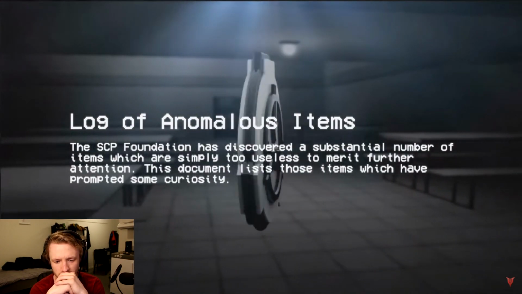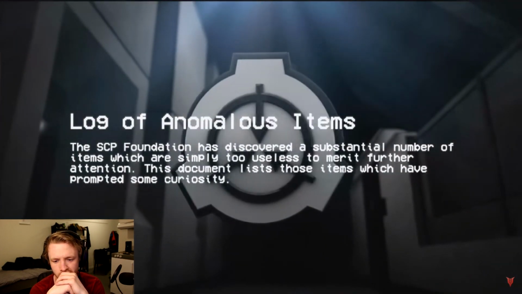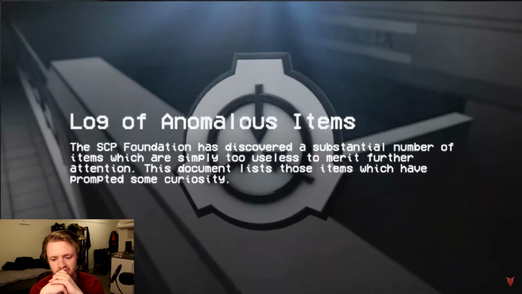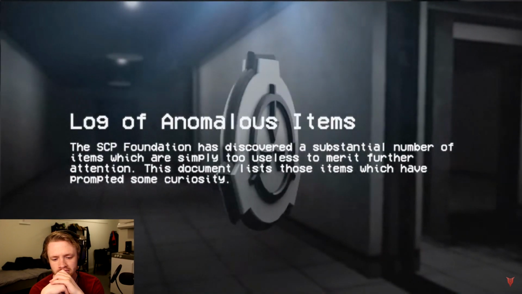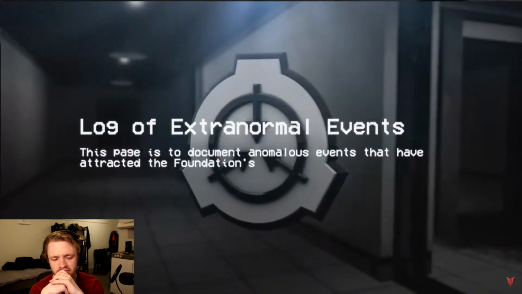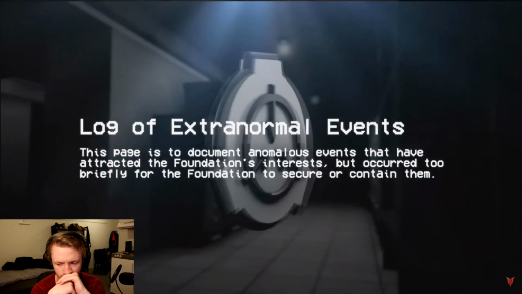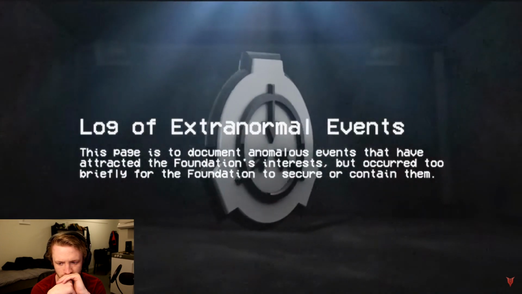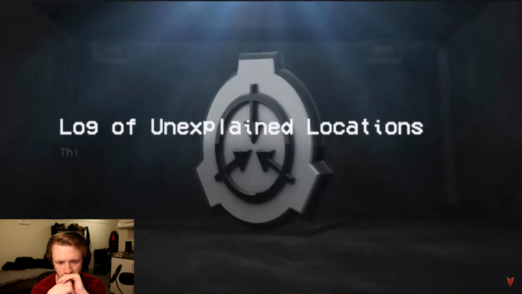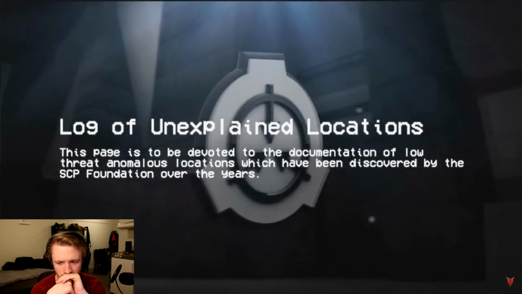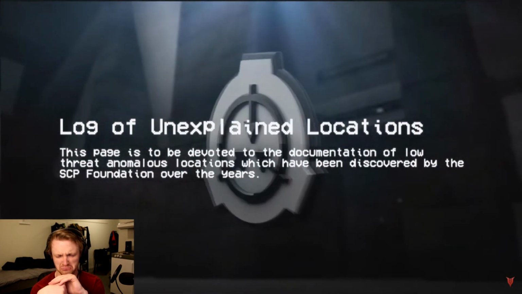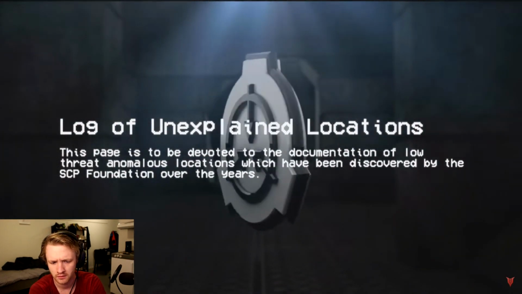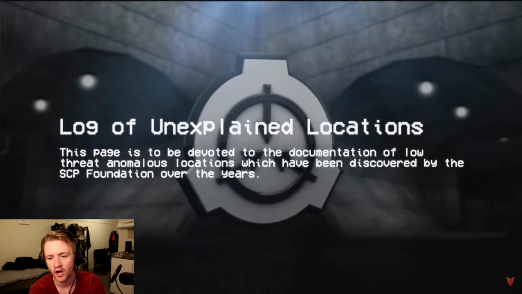The SCP Foundation has discovered a substantial number of items which are simply too useless to merit further attention. This document lists those items which have prompted some curiosity. Log of extranormal events. This page is to document anomalous events that have attracted the Foundation's interest, but occurred too briefly for the Foundation to secure or contain them. And finally, Log of unexplained locations. This page is to be devoted to the documentation of low-threat anomalous locations which have been discovered by the SCP Foundation over the years. Oh, so it's just like...